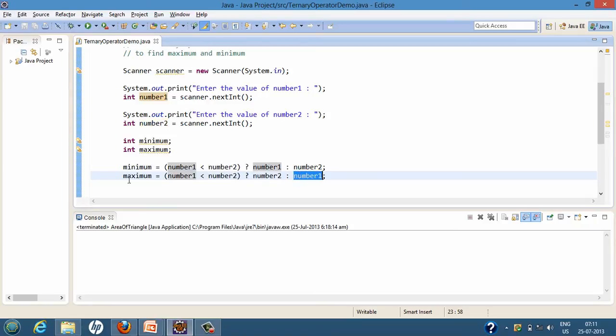So it assigns either number2 or number1 to maximum based on the true or false returned by this boolean expression. So we'll just print out the minimum and maximum of the two numbers on the console.